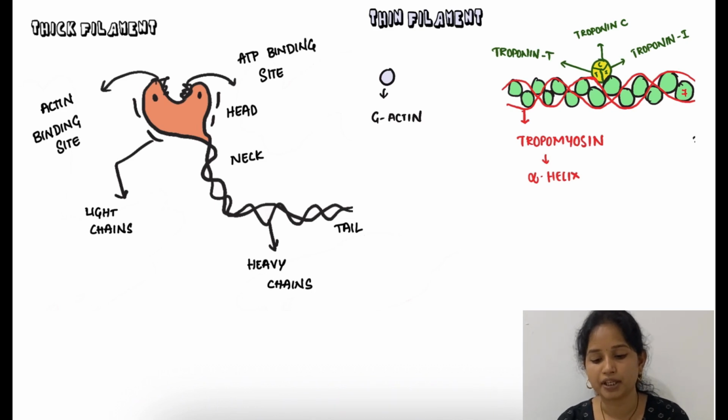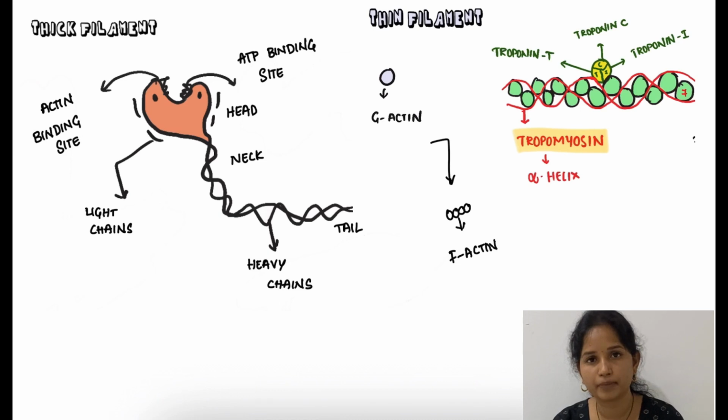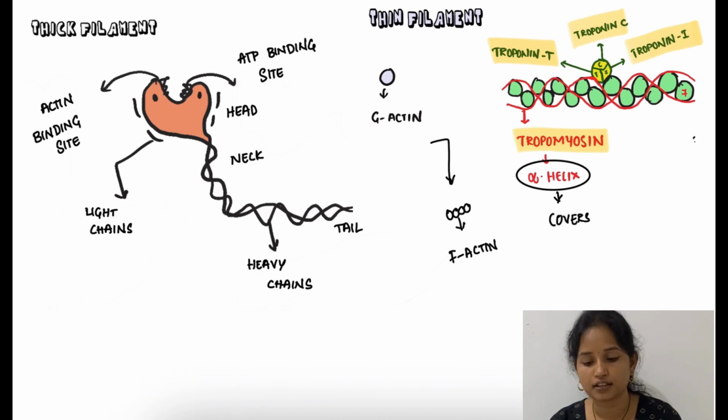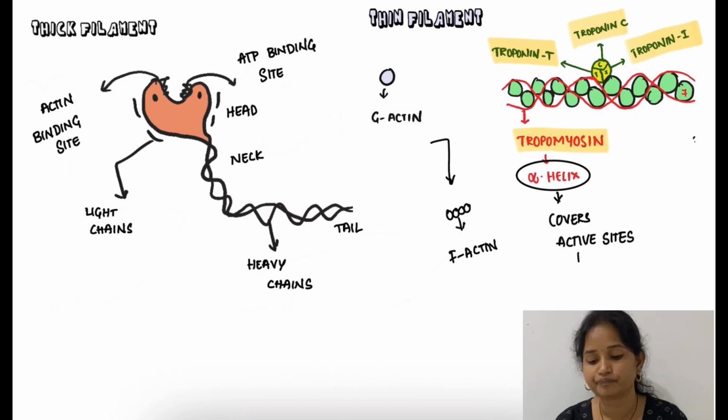And next coming to the thin filament. The thin filament includes actin, tropomyosin and troponin. Actin is formed by globular actin molecules which are polymerized and form a filamentous actin molecule. And now you have troponin T, troponin C and troponin I, which regulate the contraction of the muscle. Tropomyosin covers the active sites and prevents the binding of actin with myosin. So when we said the sarcomere is made up of A band and also I bands, this A band is by myosin.